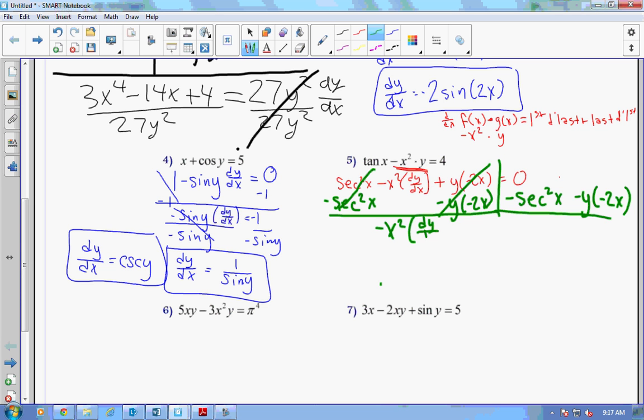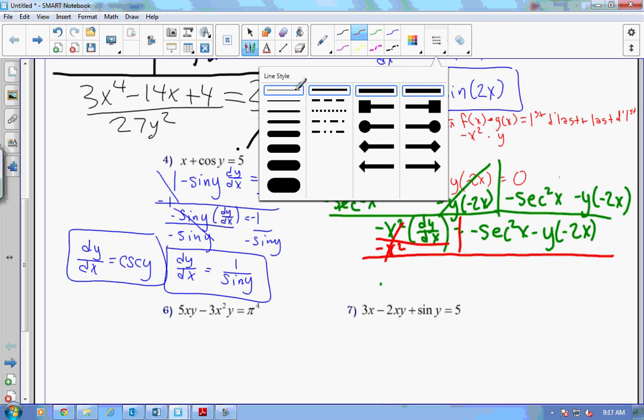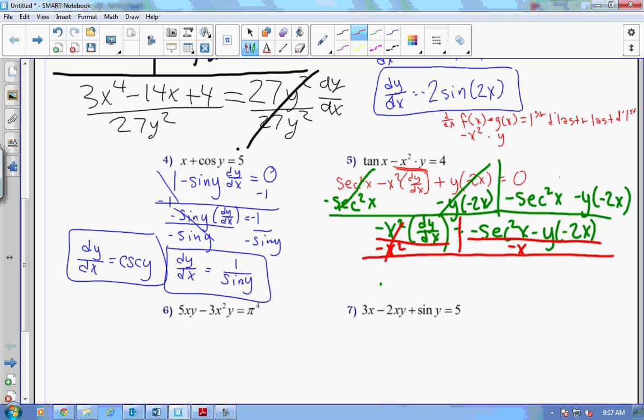So I underline, I do an upside down T a lot. Whenever I'm doing inverse operations, I do upside down T's. I guess I don't really need those parentheses right there, huh? Then I divide by what? Negative x squared, so there's my upside down T. Divide by, oops, negative x squared. Really nice, it needs to be skinny, but it's not being skinny. Negative x squared. So, dy dx